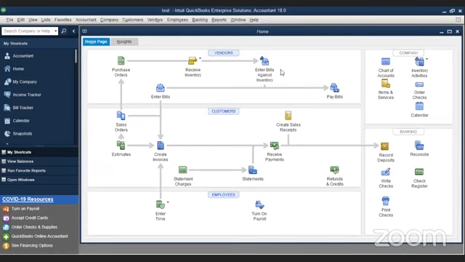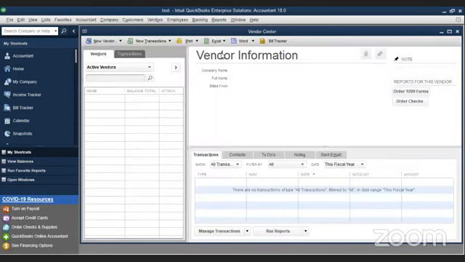Now, before moving to purchase orders, there is another thing: we may have customers and we will have vendors. You can see there's a vendor box, a customer box and an employee box. Just click vendors. Vendors are your suppliers. Why we came here is because at the beginning of the year, you might owe some amounts to your respective vendors. So we may have to create them as well.